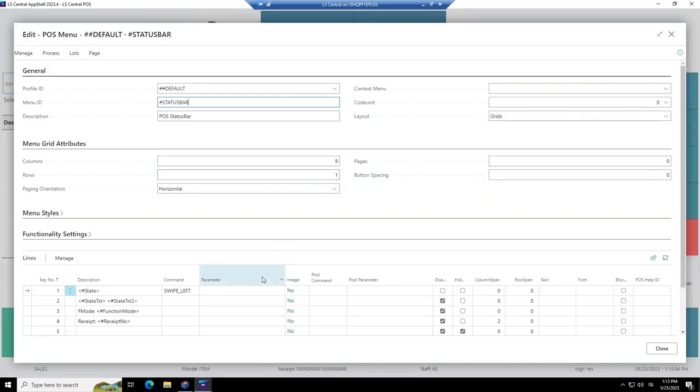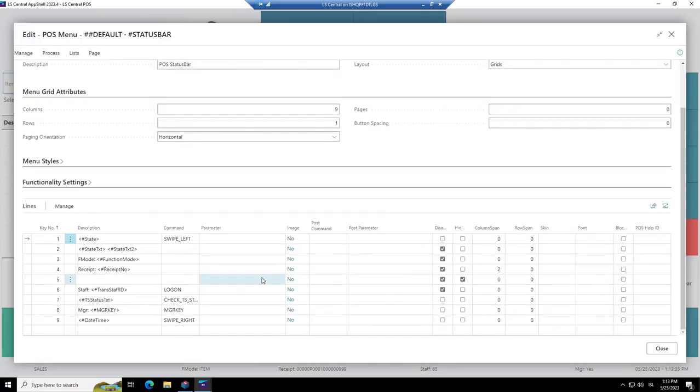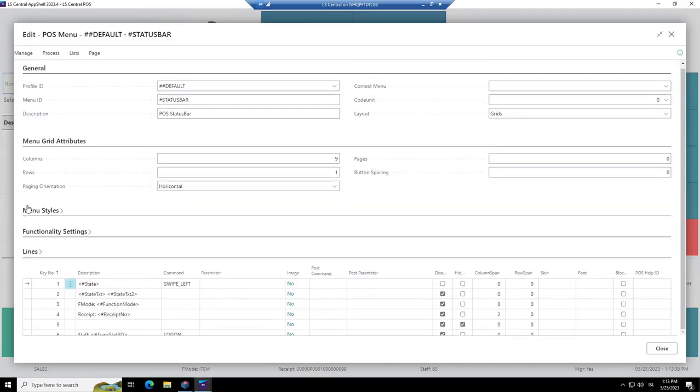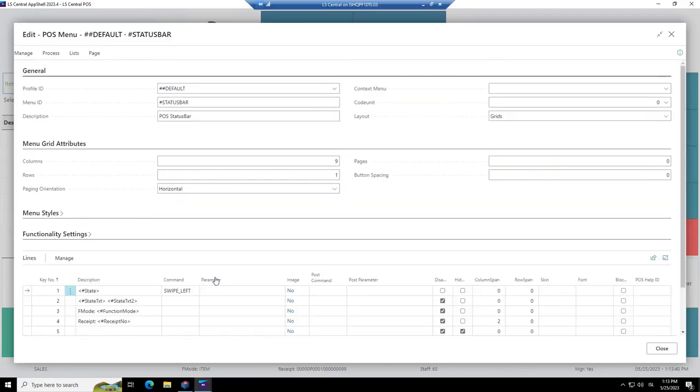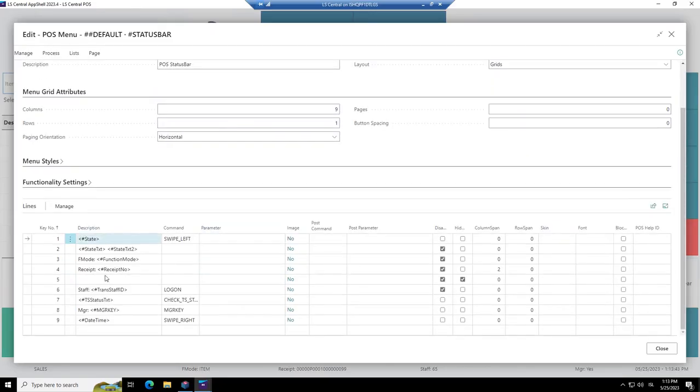So let's look at the lines. And you go down here. If you don't have the lines open, then just open them. So go down here, you will see all the 9 lines. Remember, one line is one button. So remember what we saw in the previous video, that we saw the sales here in the corner, and sales, or payment sales, and refund, and so on. So these are the 2 first buttons.